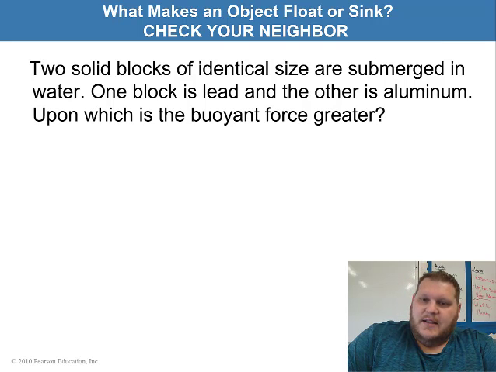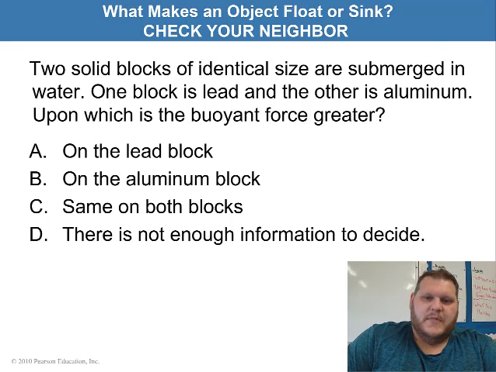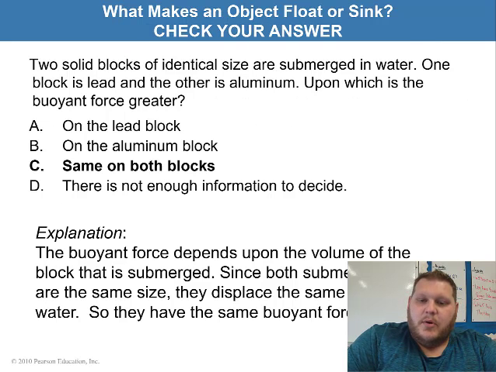So we've got exactly the same size blocks in terms of the volume of them. We're asked which one has the greater buoyant force. Is the buoyant force greater on the lead block, the aluminum block? Is it the same on both blocks, or is there not enough information to decide? And in this, they are the same in both blocks, because remember, your buoyant force depends on the volume of